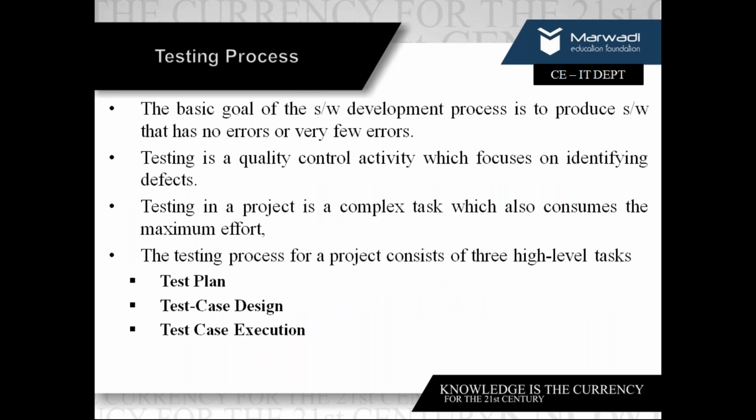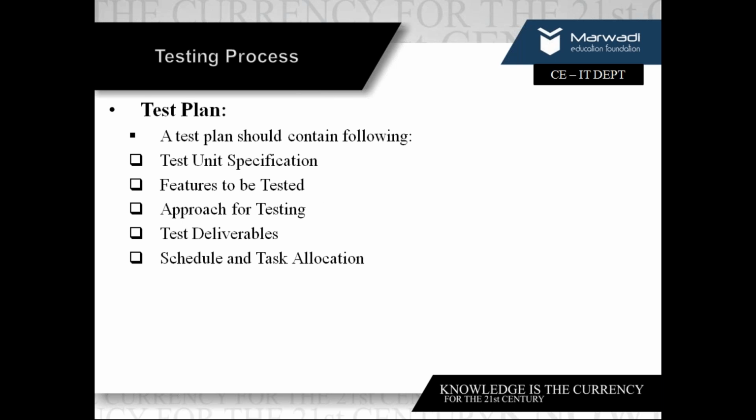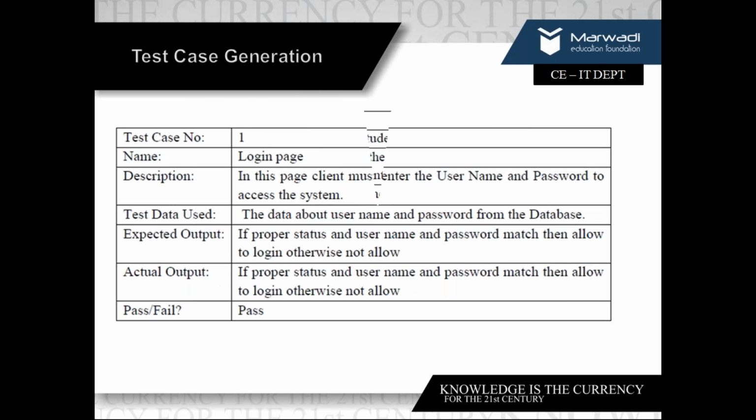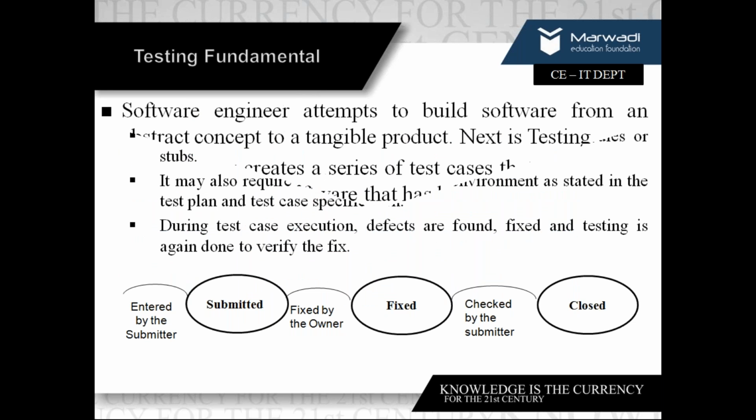Testing process involves three things. I have to plan the test, whatever I am going to test, I have to feature them. I have to design a test case. You saw in the table how I design it, and then execution, that is running the code with the intent to find error, is important to be added. Okay. This was test case generation, test case execution.